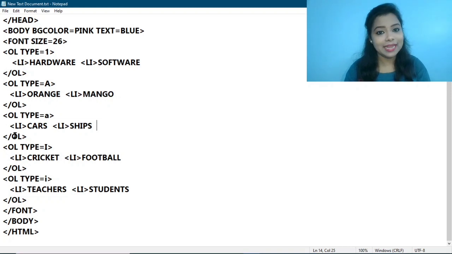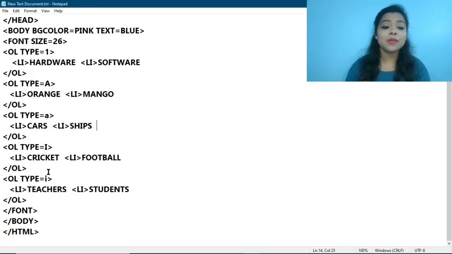Same way I am adding one more OL tag, and here the type is Roman one in capital letter. Here also I am adding two contents using the LI tag, you can see here, and after adding it I am ending the OL tag here. And the last one you can see I have added one more OL tag.